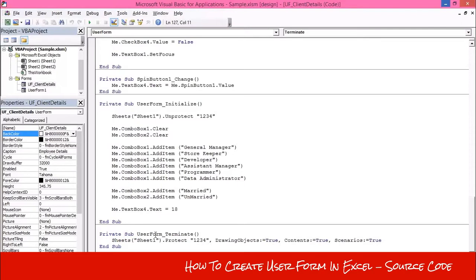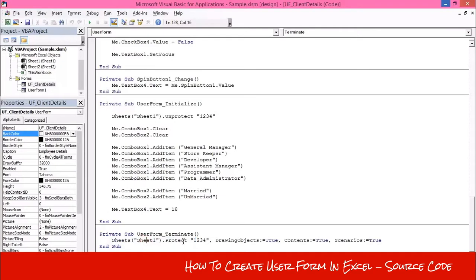When you finish the data entry work and close the user form, you return to the spreadsheet, and your spreadsheet will be fully protected, so the user can change or enter any new records directly on the spreadsheet. So when you close the user form, your spreadsheet should be protected.